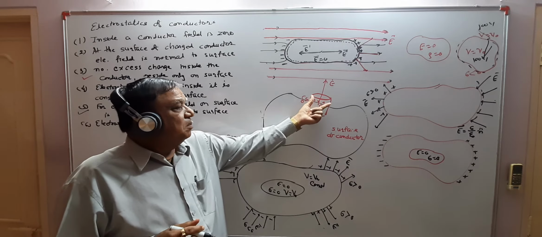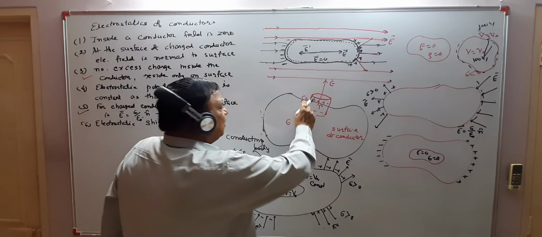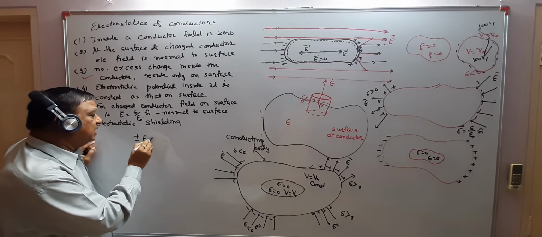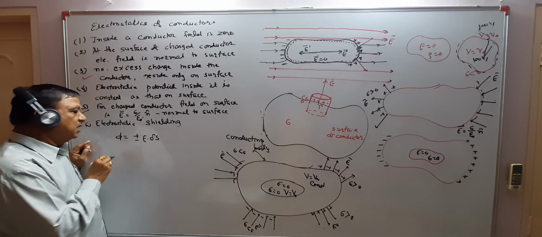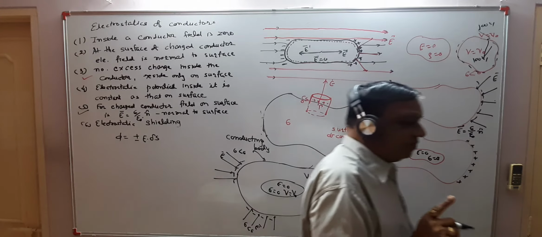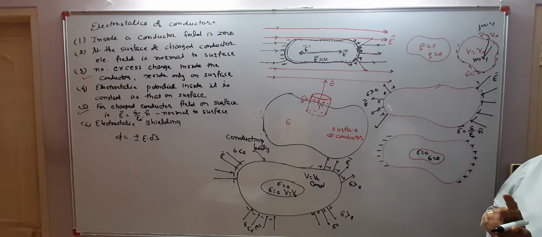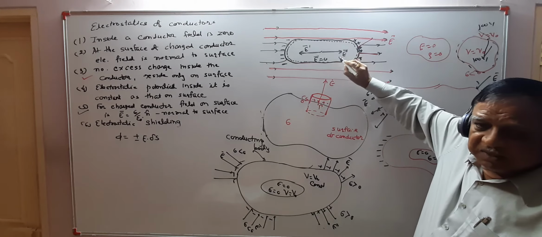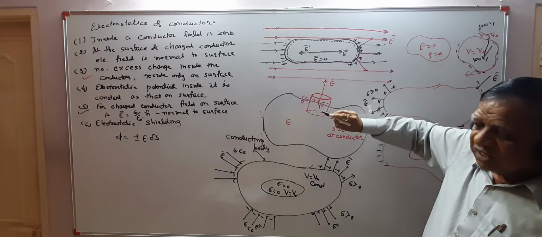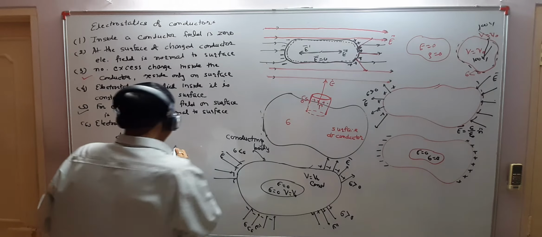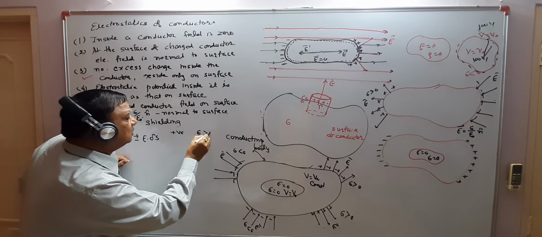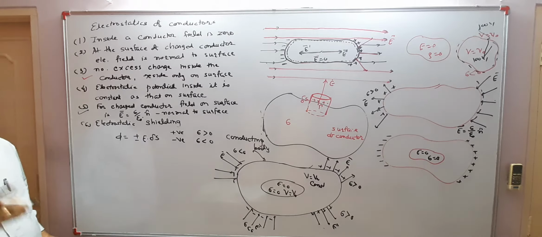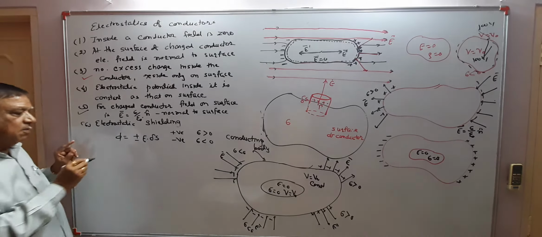Now see, the flux associated with this Gaussian surface or pillbox is plus minus E del S. If sigma is positive, then the field is outward, giving positive flux; negative charge density gives negative flux. So it is positive for sigma greater than 0 and negative for sigma less than 0, according to the surface charge density. Now phi equal to E del S.